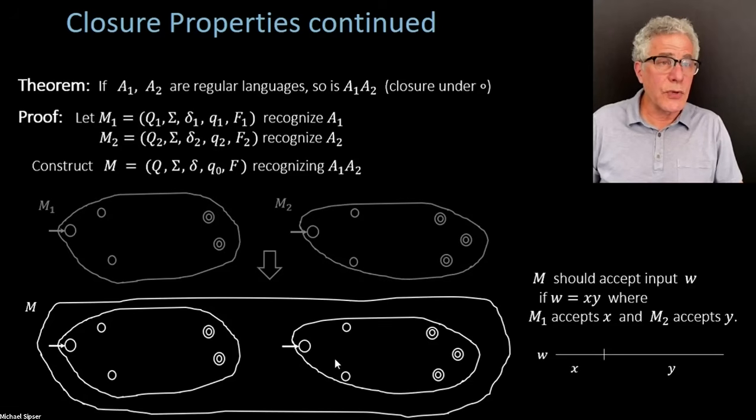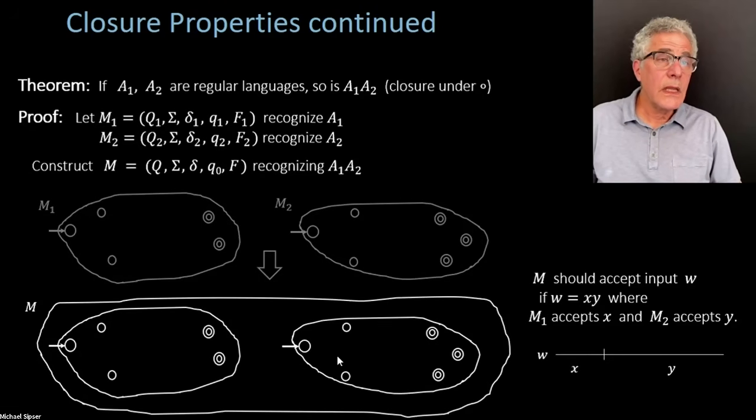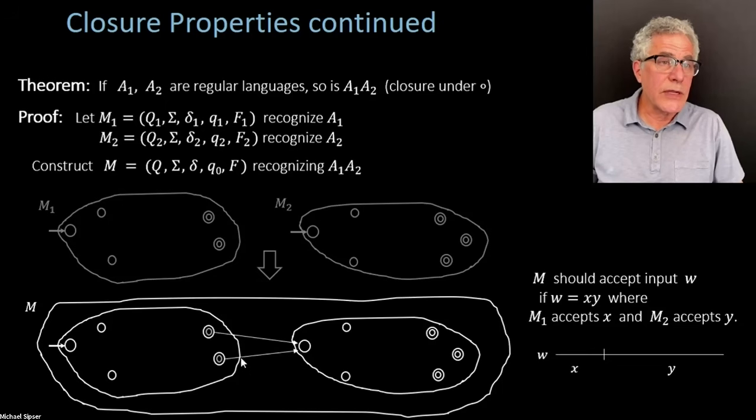And what I propose doing is connecting M1 to M2 so that when M1 has accepted its input, we're going to jump to M2 because that's perhaps the first part of W, and now we're going to have M2 process the second part of W. So the way I'm going to implement that is by declassifying the start state of M2, having transition symbols from the accepting states of M1 to M2, and then removing these guys here as accepting states. And we'd have to figure out what sort of labels to apply here.